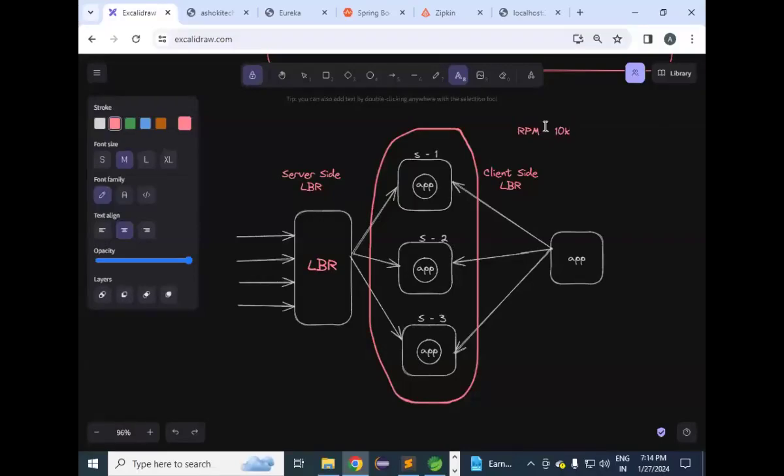Per minute, 10,000 requests are coming. From tomorrow, we are going to announce a Big Billion sale in our application. Okay, Amazon is available. On a normal day customer access is lower, but on Big Billion Day access will be more. Now, tomorrow we thought that we are going to get